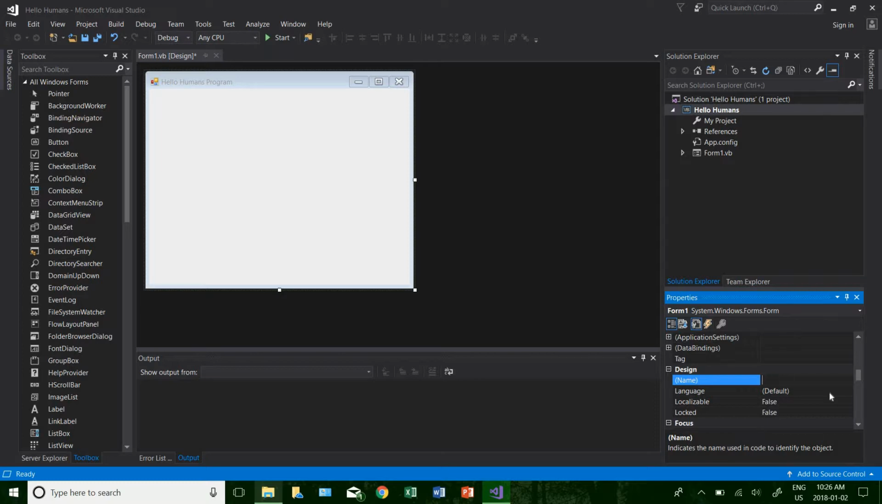So I'm going to delete this, put a capital H, hello, capital H again, no space, humans, and then a capital P, no space, program. When you're doing coding and you make a name of an object, or you set the name for an object, the convention of coding is that there's no spaces between, and you use capital letters to differentiate between different words. So if I click that,